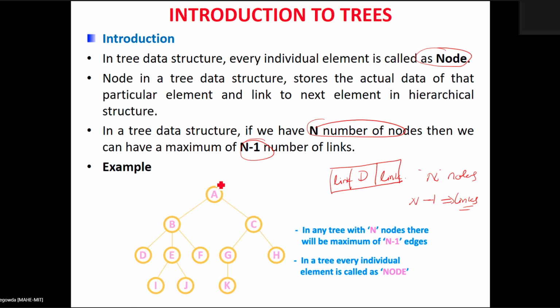If you look at this tree, we have a first node. This first node is called the root node. This root node has a left child as well as a right child, which are B and C. B and C are called children of the parent node A. Similarly, if you look at node B, it has 3 children: D, E, and F, and so on. So a node in a tree can have any number of children.